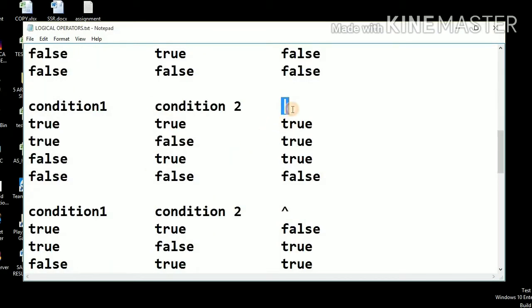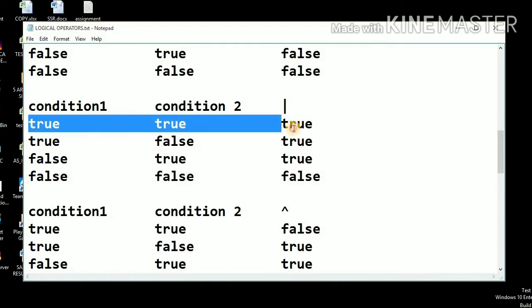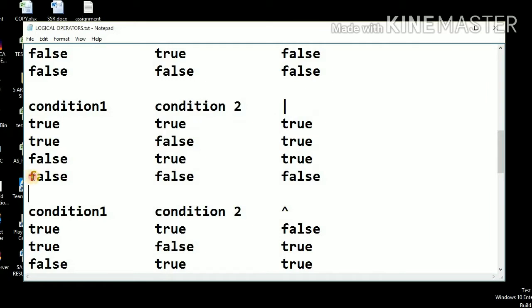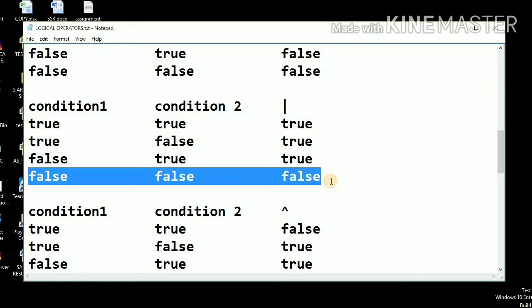The bitwise OR operator operates in the same manner as the logical OR operator. It gives the true result whenever both the conditions are true or either of the conditions is true. In all the three conditions, it will return a true result. Otherwise, when both the conditions are false, it gives the false result.